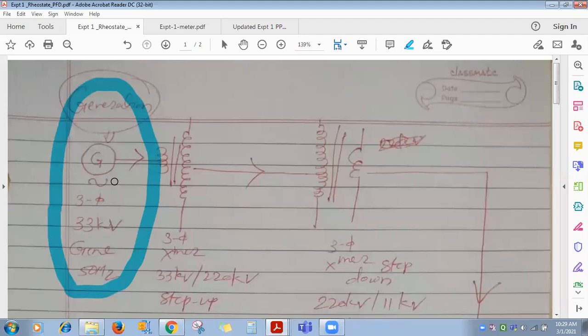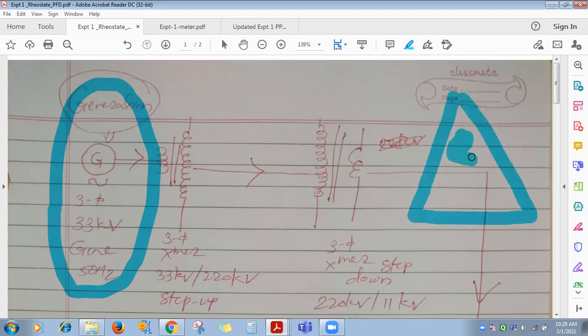Okay, whatever socket you see at your home, how many terminals does that socket have? How many holes does it have? Three, right? The upper one is? Ground. Earthing, right? Ground terminal, earthing terminal. And the lower two are live and phase. Correct. The lower two, one is live, another is phase.